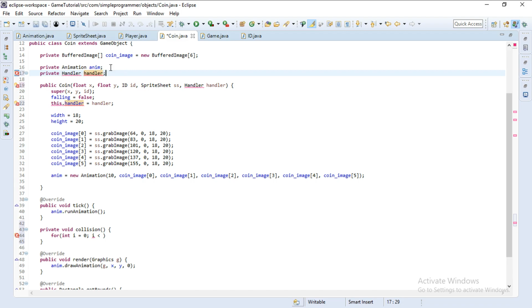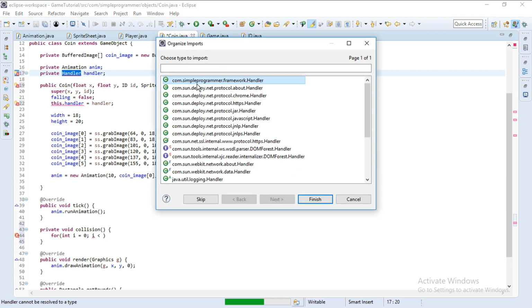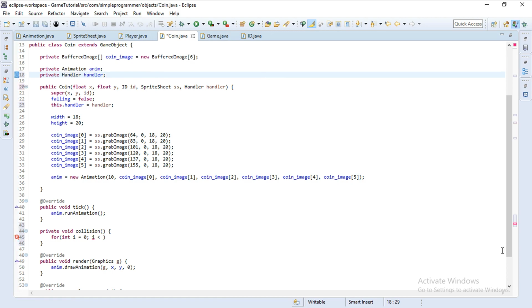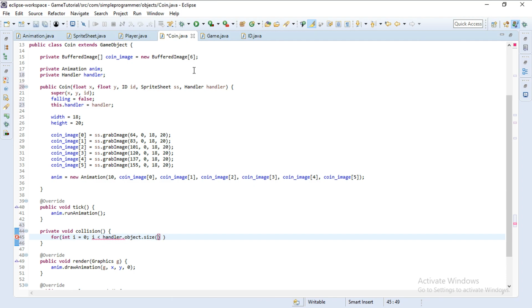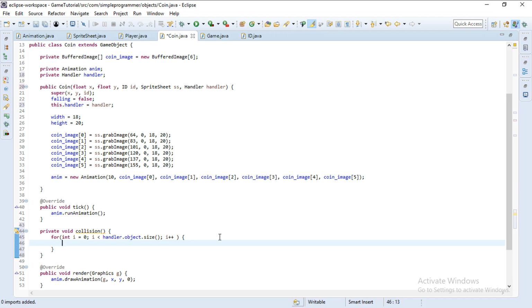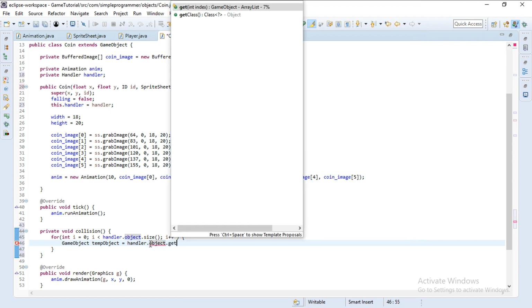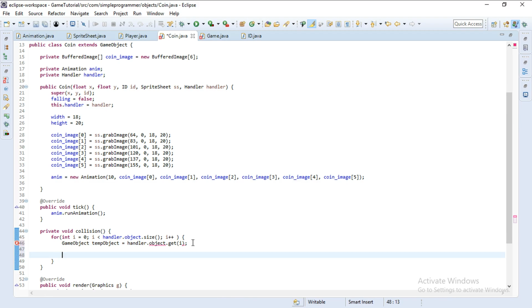There we go. Oh, import Handler. There's a lot of handlers, so make sure you import the right one. Let's go down here. For i is less than handler.object.size, i++. We're going to do GameObject tempObject is equal to handler.object.get(i), and we're going to do